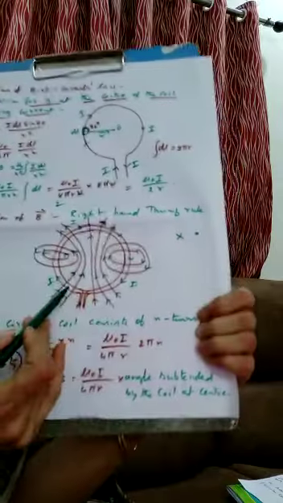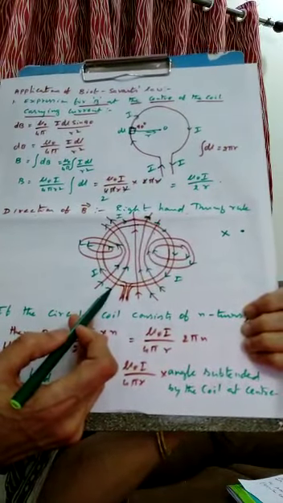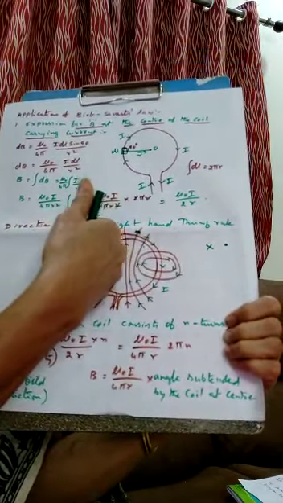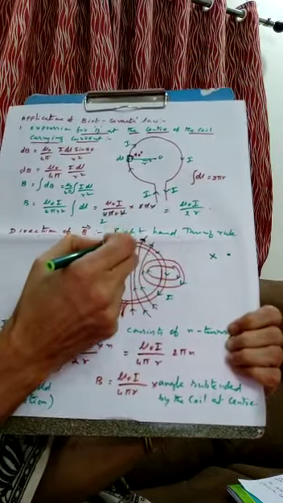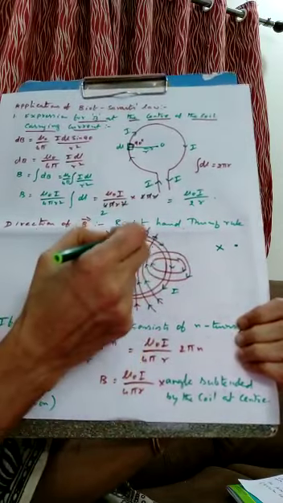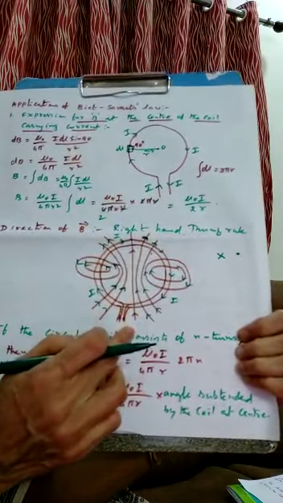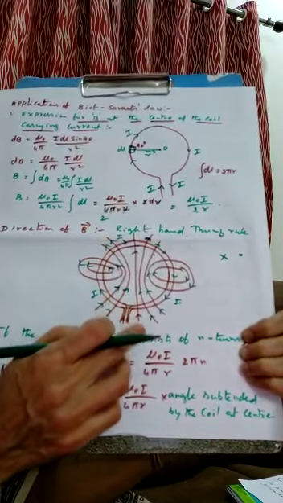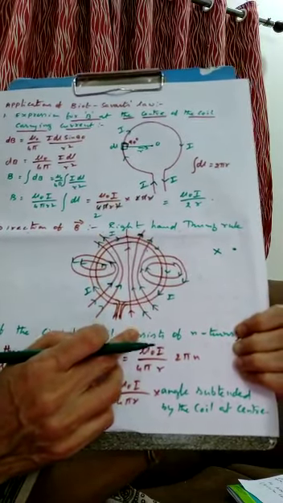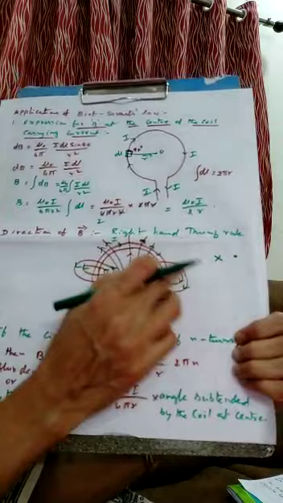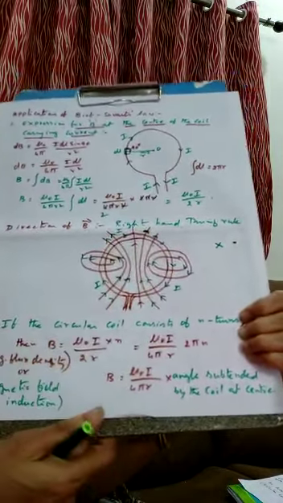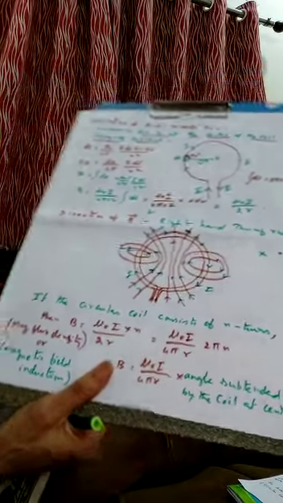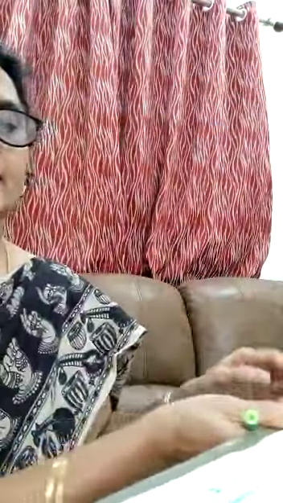The field lines pattern is like this, and you know how to find the direction by using the right hand thumb rule. The field is uniform at the center, that is why it is a straight line. And the field lines are concentric circles here. And you know how to find the poles of the circular coil carrying current. How do you locate the poles?